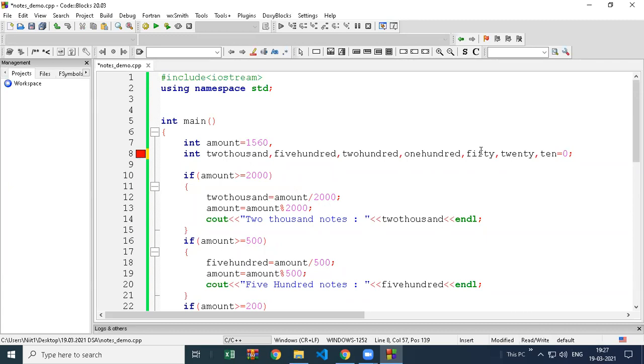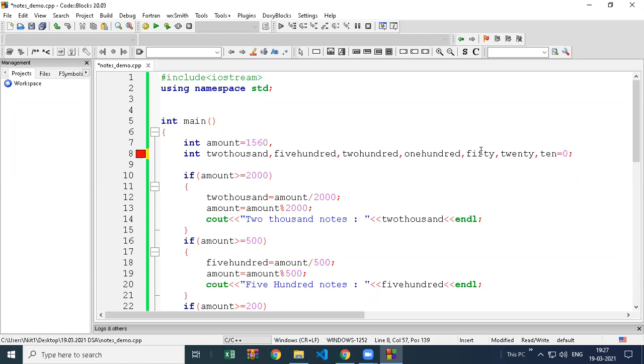Sir, you have given the value 0 because it has not done the calculation yet, right? Yeah, because I was actually thinking that we have to print these variables, right? So if they don't have any value, by default they should have 0. So for example, for 1500 amount, there is 0 note of 2000 denomination. So it should have 0 value by default in the variable. Otherwise it will print something wrong in the output.